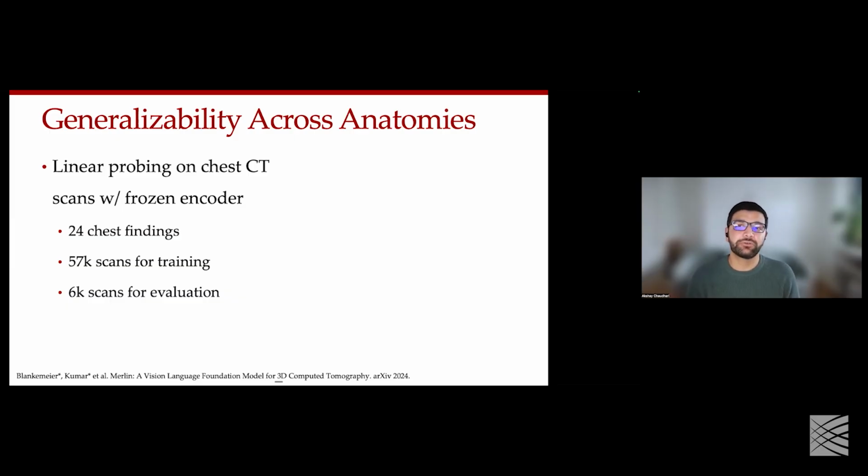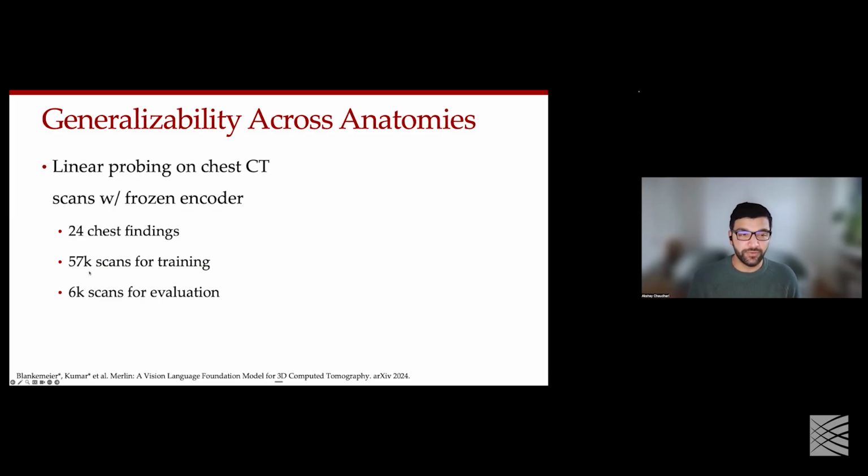And beyond looking at generalizability across sites, we're also interested to look at generalizability across anatomical regions, like I described earlier. So we just took our model, which was once again trained on abdominal CT scans, and then we froze the model, or froze the encoder, and we just generated embeddings that we added a linear probe on top of to predict the output of 24 different findings that would be seen on chest CT scans.